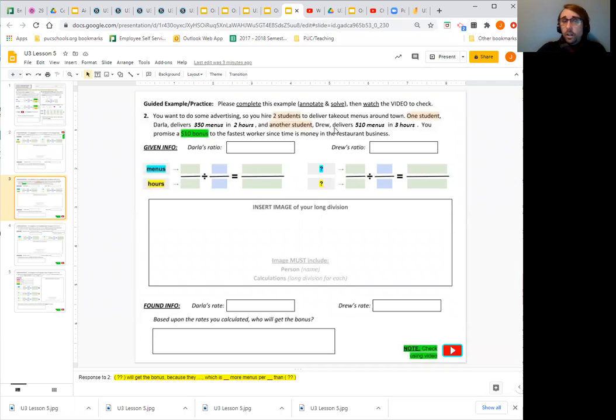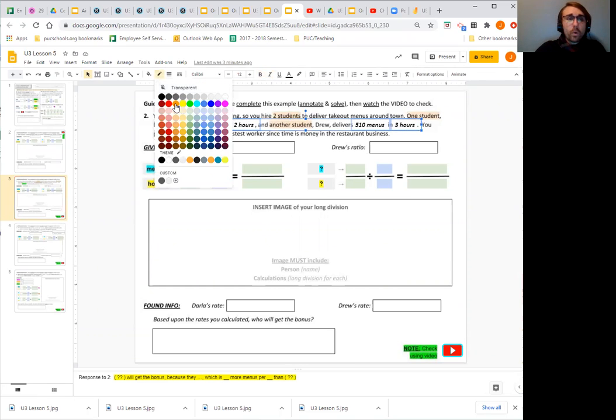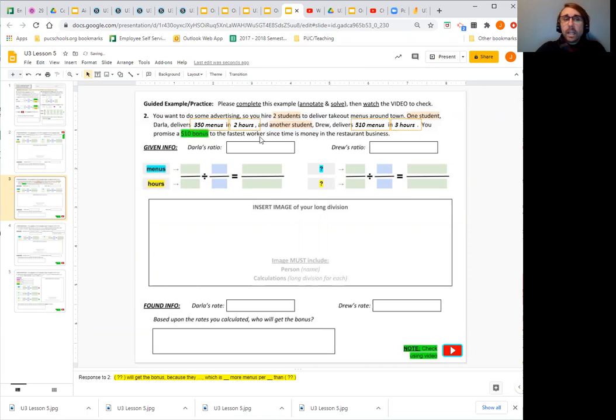If you have already done all of that and you're now ready to check, some things that you should already have are the annotations. All of these boxes that I'm putting orange around right now, those should be highlighted based upon the colors for menus and hours that are in the fraction. You should also have the word menus and hours here. For Darla's ratio, you needed to mention that it was 350 menus to 2 hours. And for Drew, 510 menus to 3 hours. And then those should be the first fractions that you see. 350 menus in 2 hours and 510